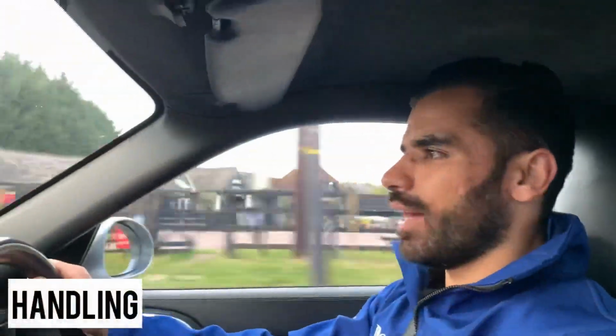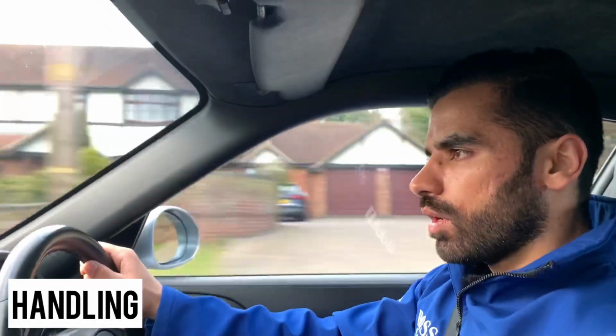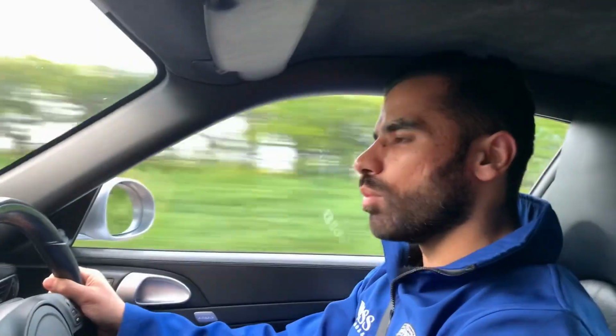So let's talk about handling. 911s are infamous for their handling. This is an all-wheel drive, so even if you're not a particularly great driver, you could still push this car quite far knowing that the car would grip well. Making it a manual, it just gives it that extra bit more engagement. And with it having the sports exhaust, you can hear that noise from the back,